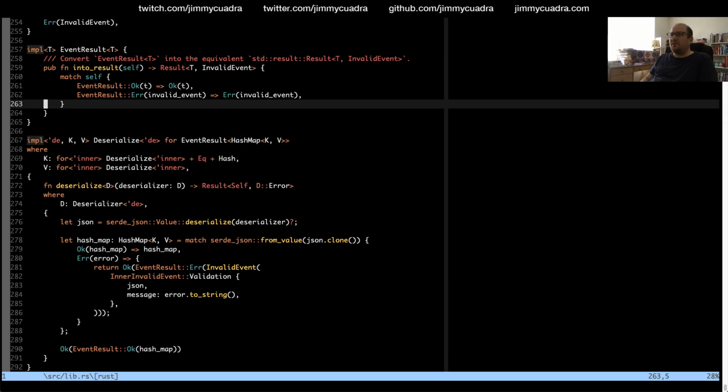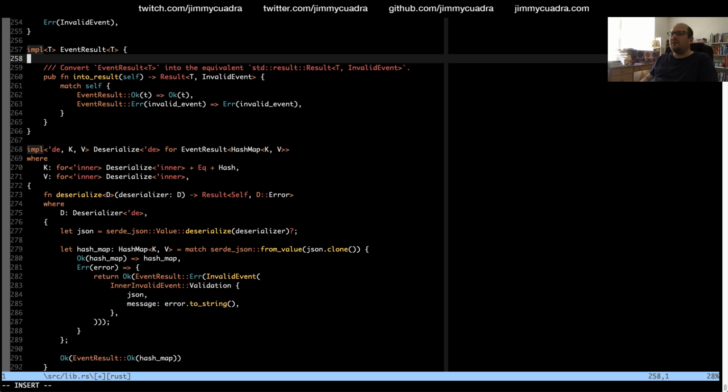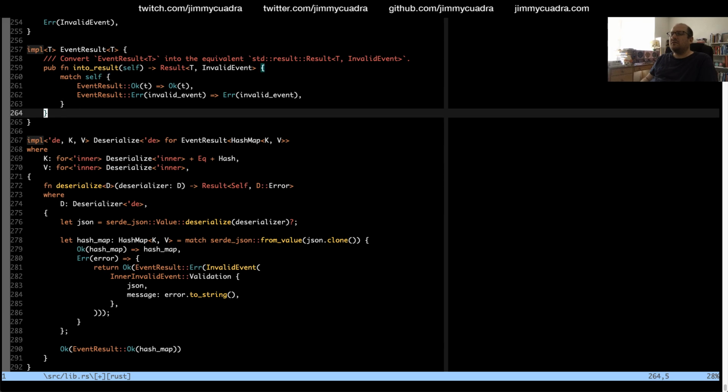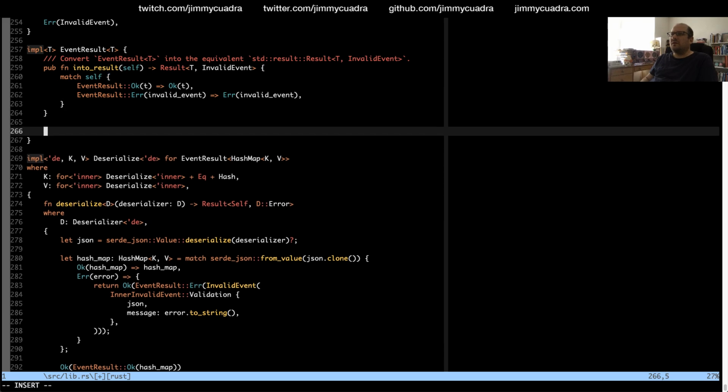Alright, so for event result, I want to do a crate-wide pub crate fn validation error, and this will take a message, which is a string, and JSON, which is a serde JSON value, and this will return us Self.